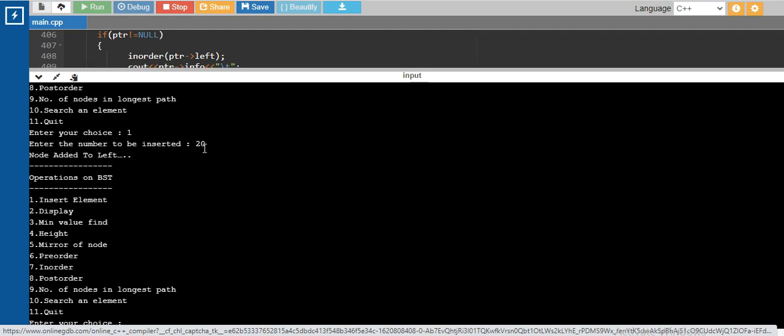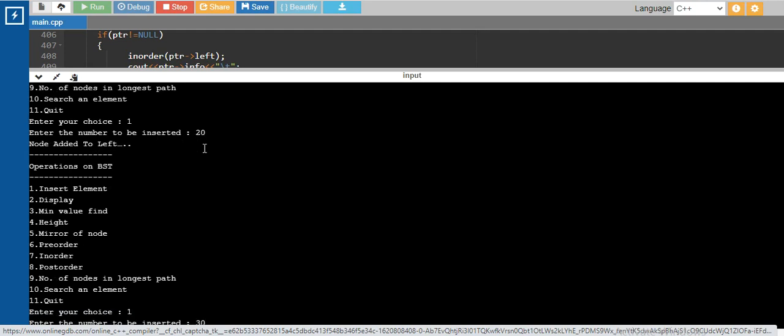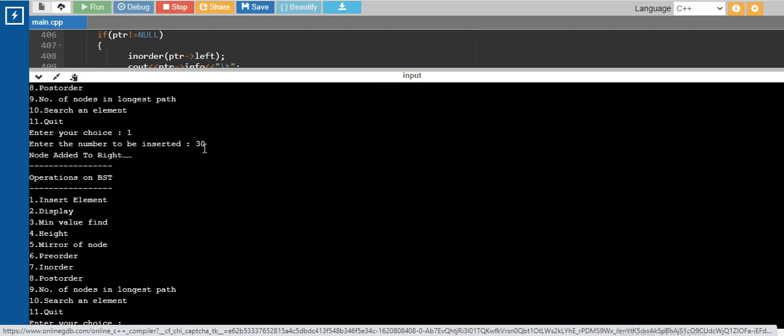In the same way, if we now insert 30, the node is added to the right. Why right? As it is less than 50, it should be on the left, and it is on the left, but it is on the right of 25, because it is greater than 25. That's why it mentions that the node is added to the right, right?